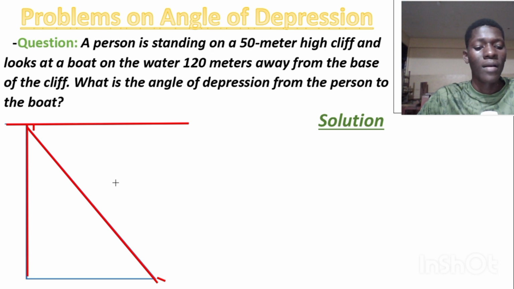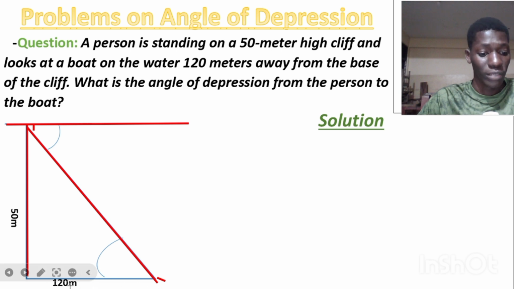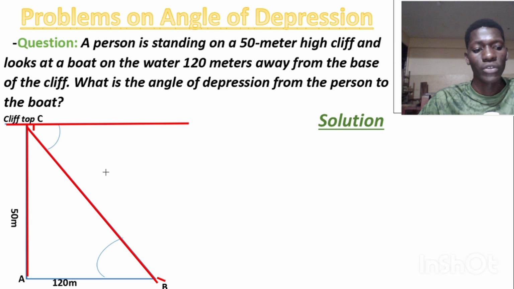So we have to input our data. 50 meters is here. That's the height of the cliff. And they said the distance from the base of the cliff to where the boat was is 120 meters. We have to put it there. And the angle of elevation, we don't know. So we just say we should let the angle of elevation be something like